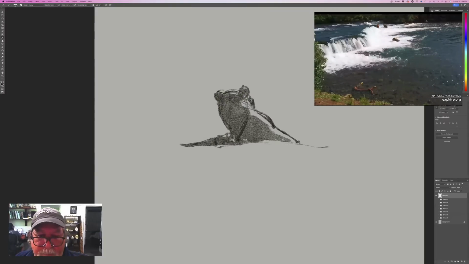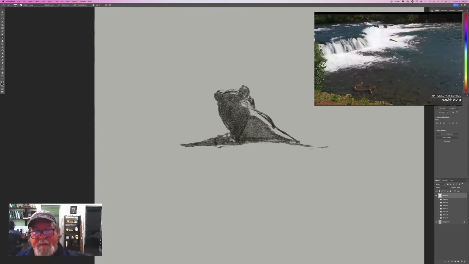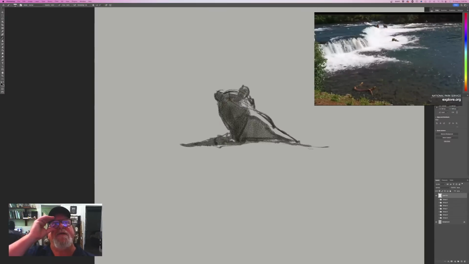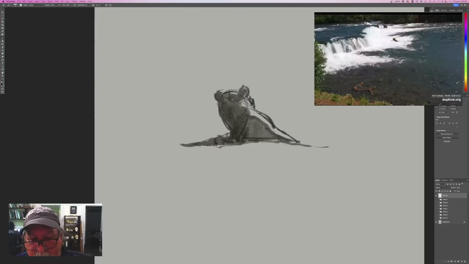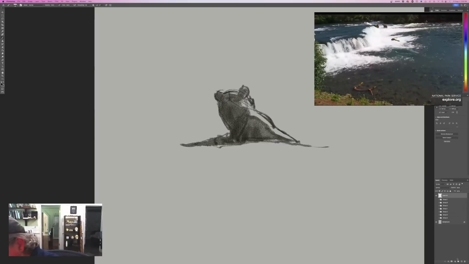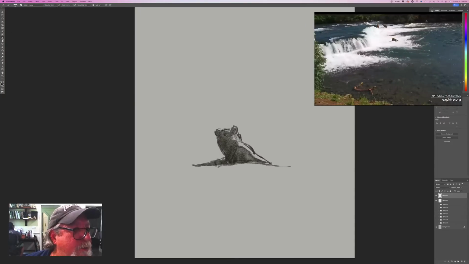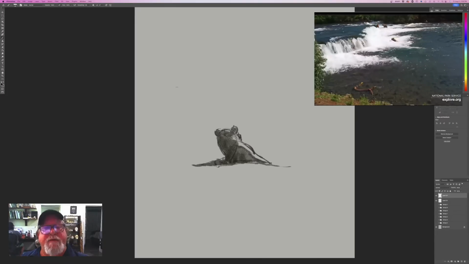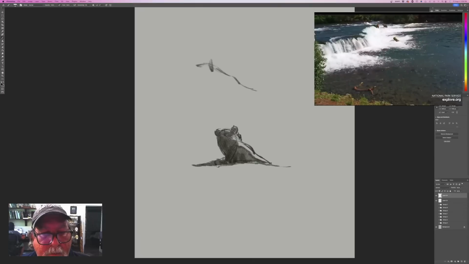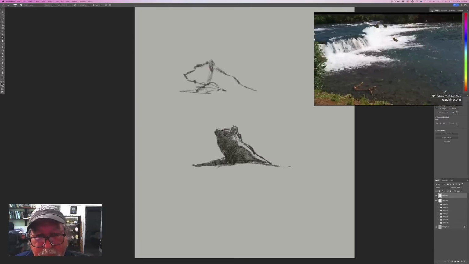Yeah, so we're back to drawing our bears from the explore.org live bear cam up in Brooks Falls, Alaska. Right now they've got the camera pulled out wide, so it's a little hard to zero in on the details. I'm basically just going off of silhouette, which is kind of cool. A lot of times we're drawing animals from life, we have to draw them from a distance, and so you don't get a lot of detail. So here, I'm really looking at basic shape and gesture, and then I fill in the anatomy with the experience I've had